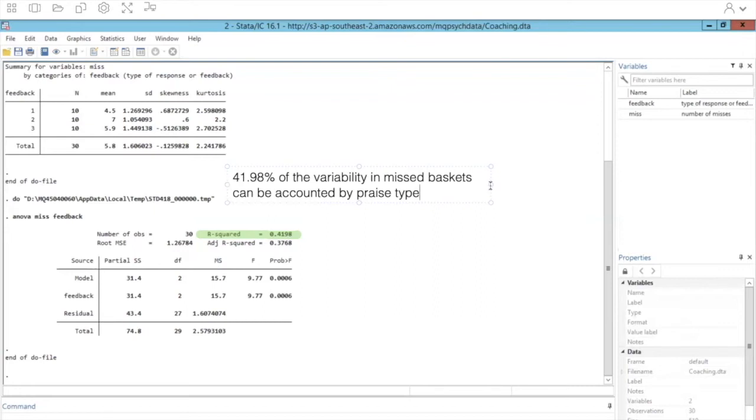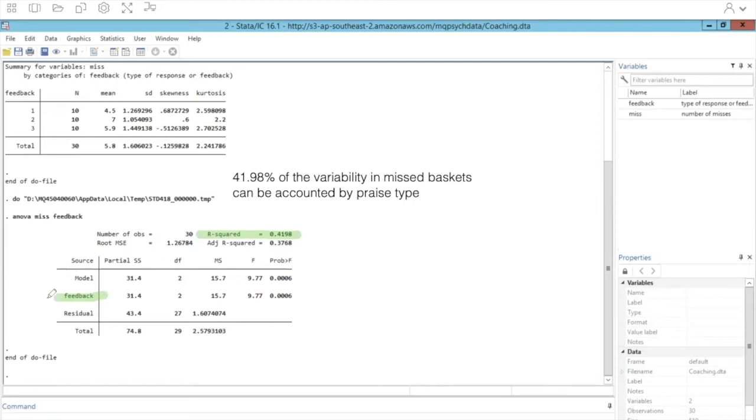Right, and next with the ANOVA table, we have a model line, a feedback line, and a residual line. Because this is the one-way ANOVA, the model line and feedback line are exactly the same, but it's best to get in the habit of reporting the feedback line here. Once we get into factorial ANOVA and have multiple independent variables, you'll start to see how the model line will